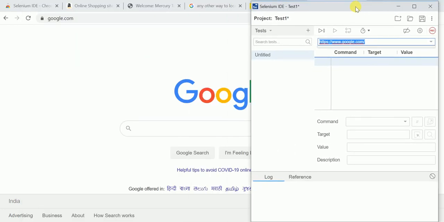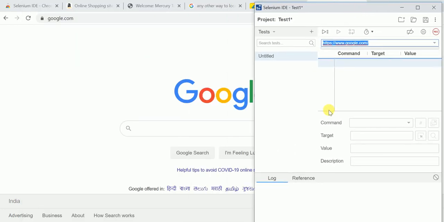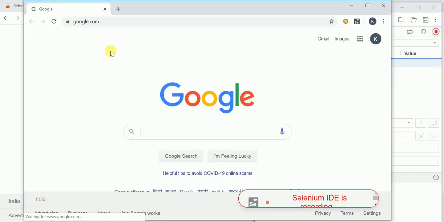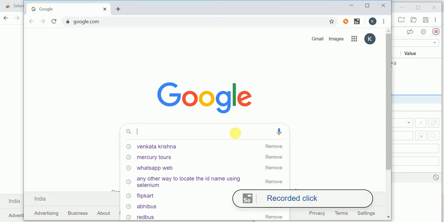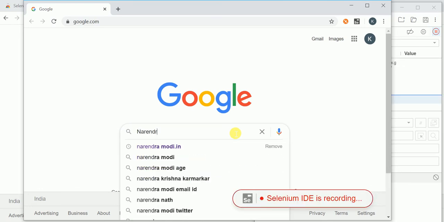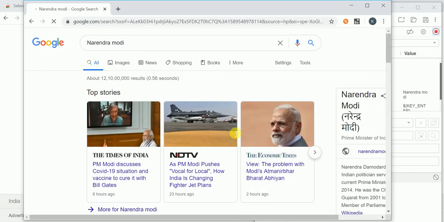Shall we start now? I want to record and playback using Selenium IDE, and at the same time I will explain how these locators are identified here. I am clicking on record. Once you click on record, it opens another window with the base URL you have provided. I am searching for Narendra Modi and pressing enter.